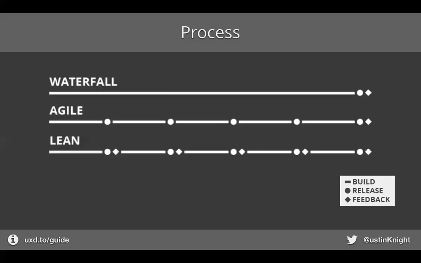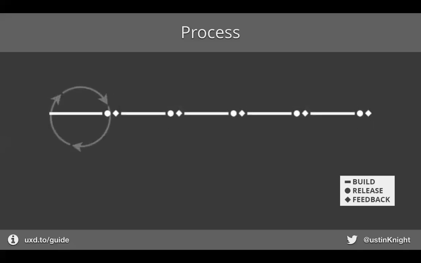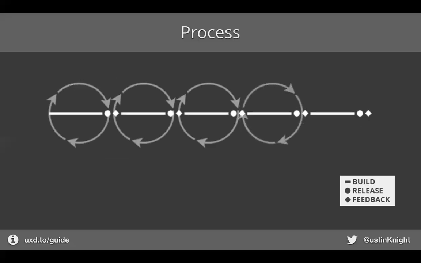So it's very, very focused on quick releases, quick iterations, and using feedback from your actual customers and users to drive your decisions as opposed to your own internal deliberations and political ties. If we were to look at Lean and how those think, make, check cycles happen on this timeline, we'd see something like this, where basically every single time that we build, release, and get feedback, we're going through that process